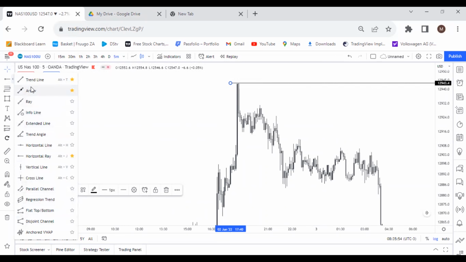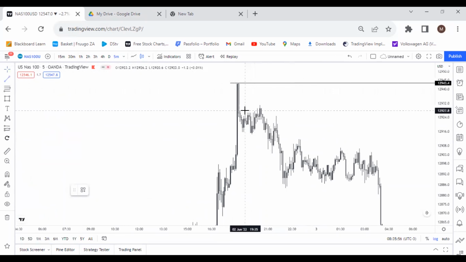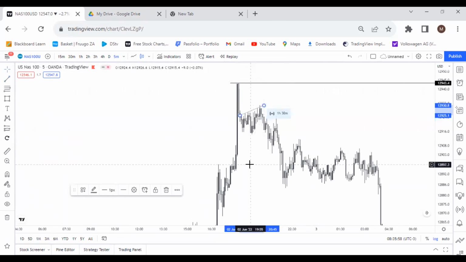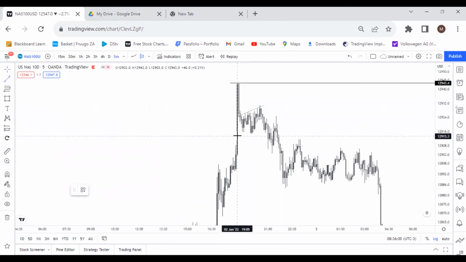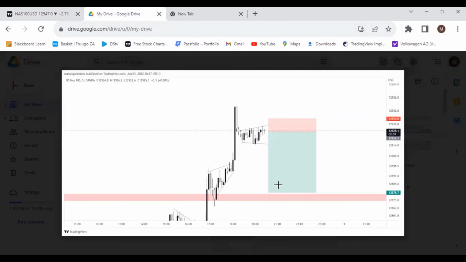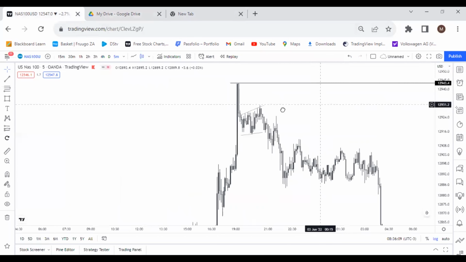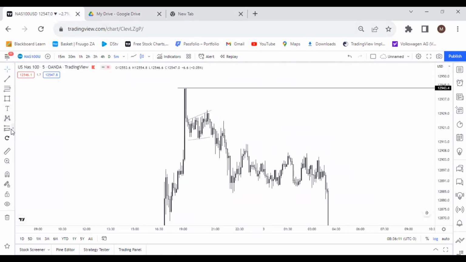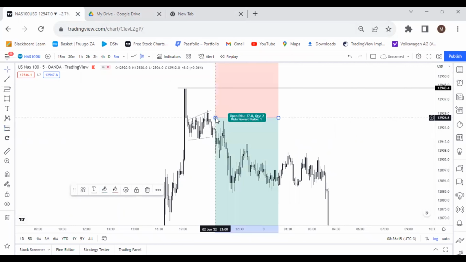I like to keep it simple, so I'm just gonna grab a trend line, and as you can see, this is the flag or correction that I had right there. So the market did sell and respect this